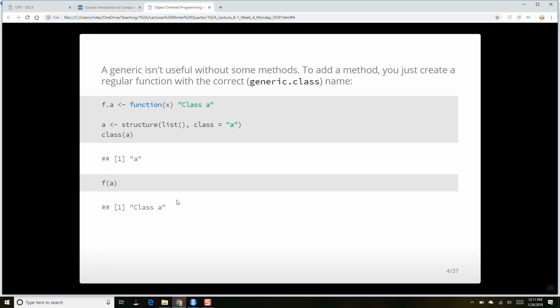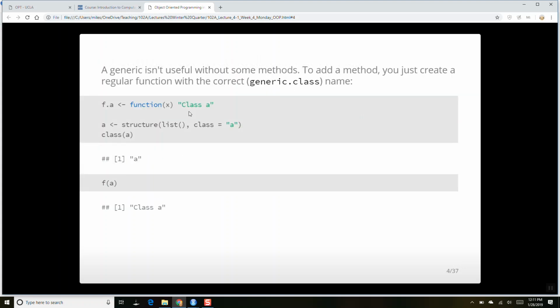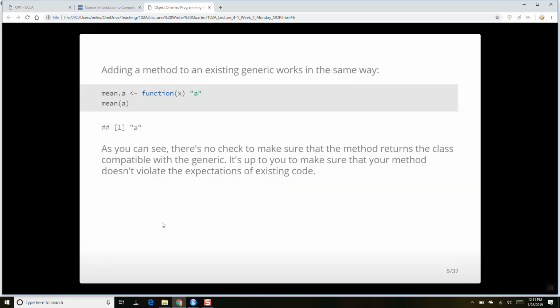Okay. It doesn't seem like much has happened here, but we have now implemented an object-oriented system here. Okay, we have a generic function f, which will behave this way for objects of class A, and we have an object of class A, and indeed it behaves that way. All right.